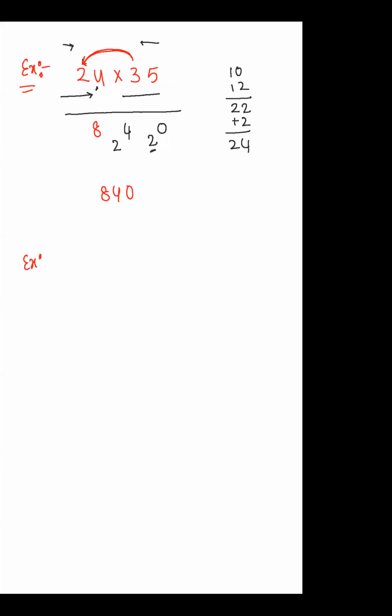Okay, I will tell you another example. 24 into 56. The first step will be to focus on the unit place digit of this number, so that is 24. Yes, I am writing 24. Next, see, this 6 moves to this value, so that gives 24. The 5 moves to this value, so it gives 20. So it gives totally 32. 32 plus 2, 34. So I'm writing 4 and 3.